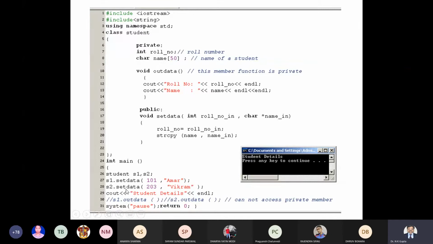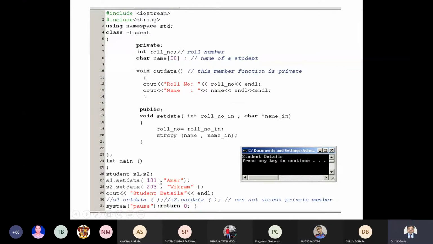And for student2 also, which is an object, these objects are nothing but variables of which data type? Student is the class, a user defined data type. So S1, S2 are variables of this, and in this case we will say Student is a class and S1, S2 are objects of this class. Now, against S1, what can we store, looking at this class? Roll number and name.